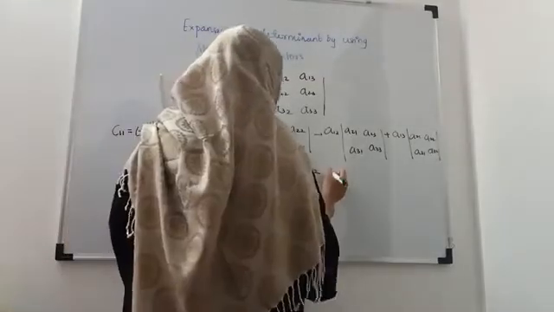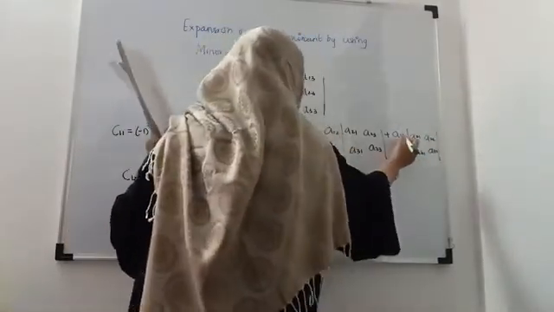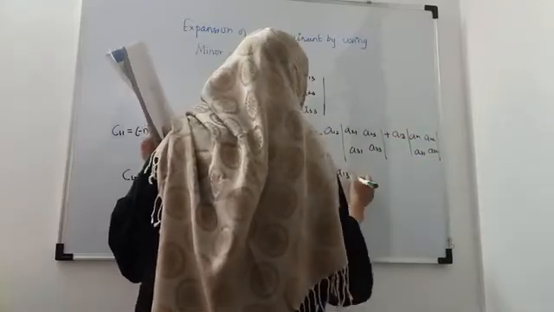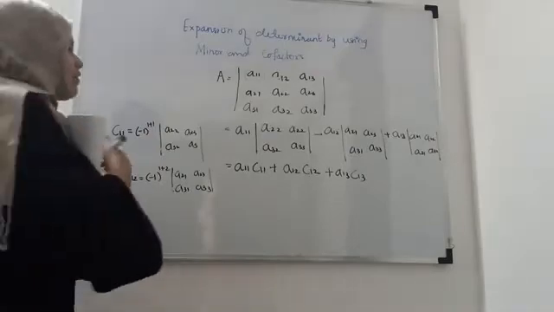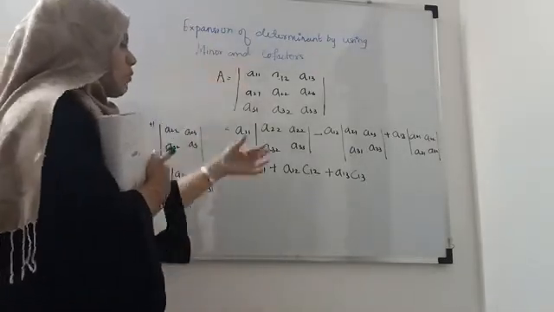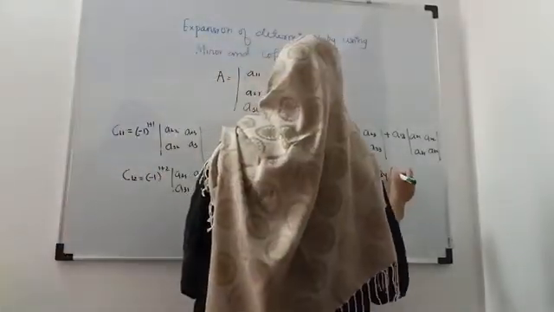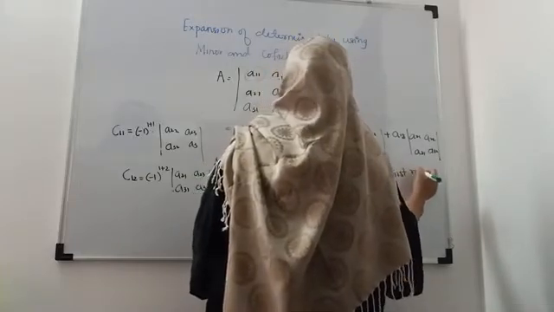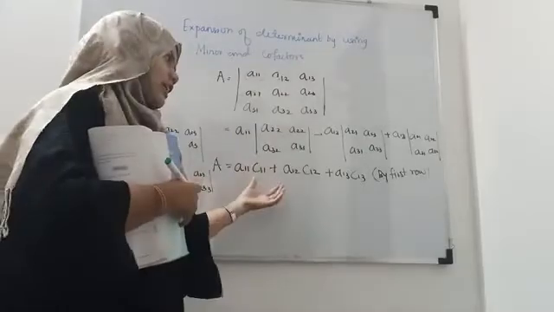And similarly, if you find out the cofactor of A13, then you will get this term. Okay, so what we have done is we have just written down the expansion for the determinant in terms of the cofactor by using the first row. Right? Similarly, you can use the second row and write down the expansion.